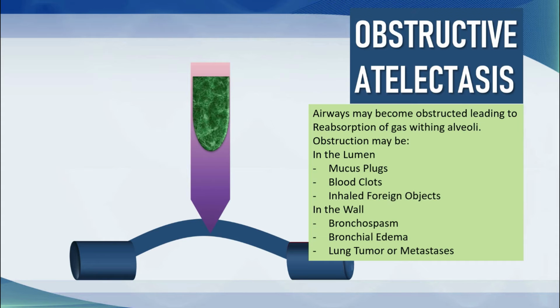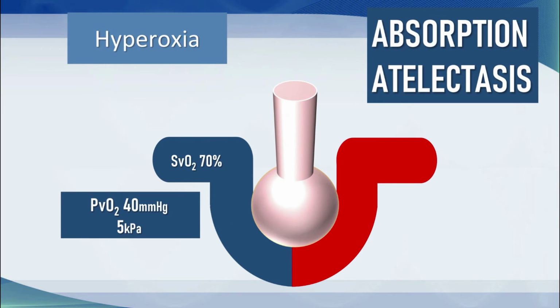And the way we look at this is the obstruction is either in the lumen, which is mucus plugs, or blood clots, or inhaled foreign objects like a tooth or a peanut, or God forbid, a surgical swab, or something that's in the wall, for example, bronchospasm or bronchial edema, or a lung tumor, or lung metastasis, or various other forms of space-occupying lesions within the lung. So that's obstructive atelectasis. The third form of atelectasis requires a little bit more explanation, and this is known as